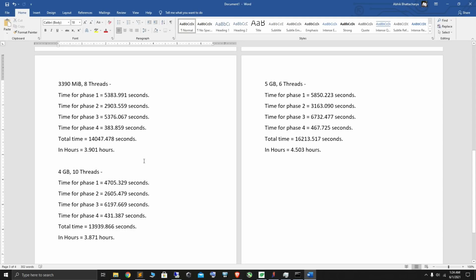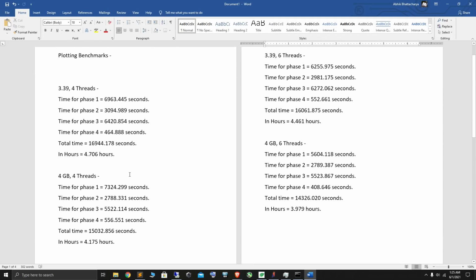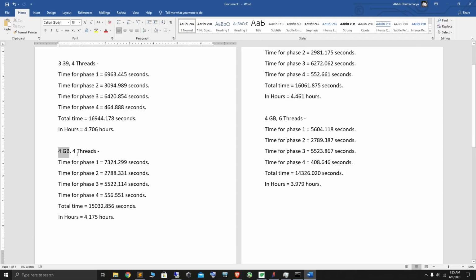I've got 32 gigs of RAM, so I'm also not using my RAM judiciously. I'm wasting the resources. Then I also tried 5 gigabytes of RAM and 6 threads. That took 4.503 hours. Out of all these settings, the best setting which I find is optimal is 4 gigabytes